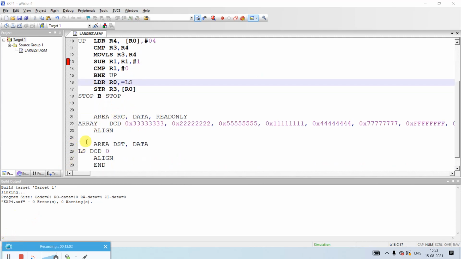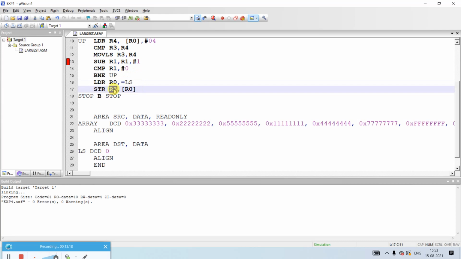So here, as I already mentioned, this LS is holding the address of that memory location to which we need to store our final result. Yes or no? Now do that. Load that address in R0. Okay, and store your final answer, which is stored in R3, to the content of that R0. It's very clear. Content of that R0 means what? R0 is a pointer, which is addressing the particular memory location. Right, now store that R3 into the content of that R0.